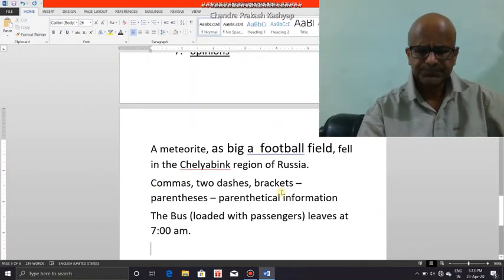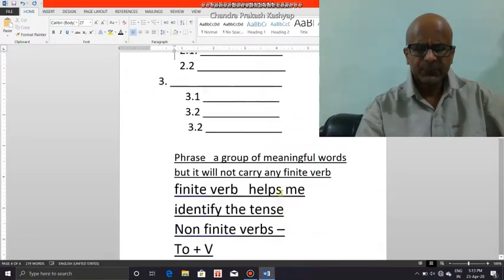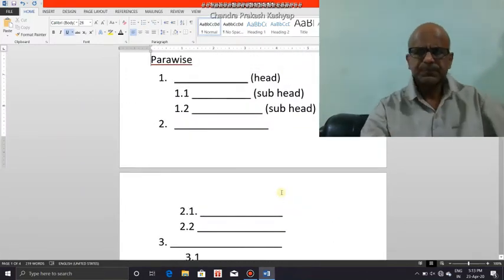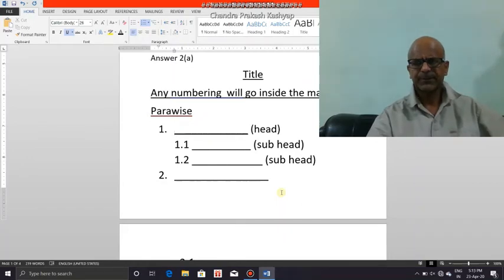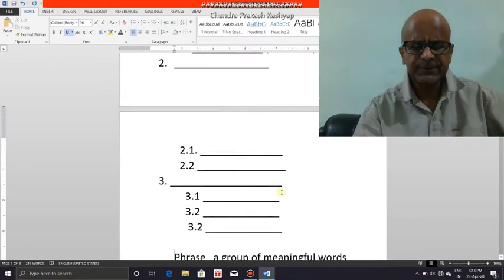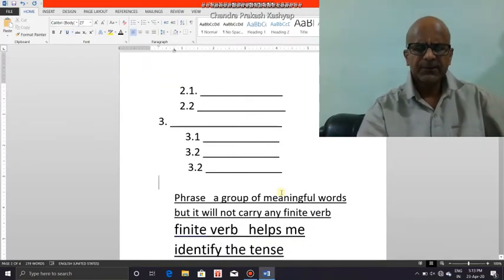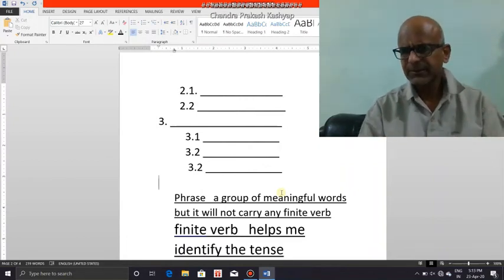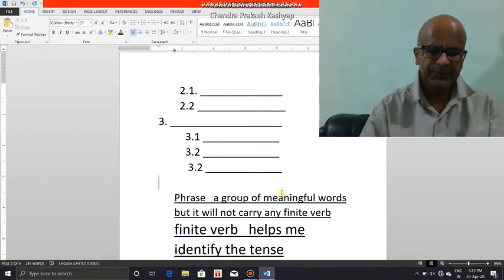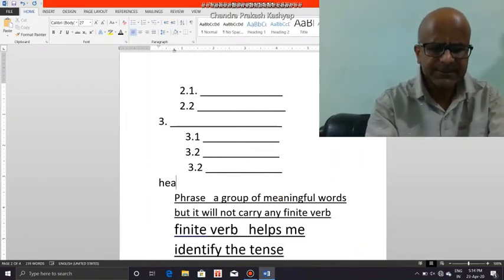Now, whatever the remaining piece of information is, that has to be reduced to either a word or a phrase. And these words or phrases have to be arranged in the fashion as you see on the screen. You see, all the numbering is there inside the margin. Besides that, the important thing is these heads and subheads